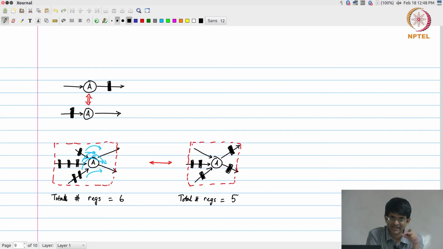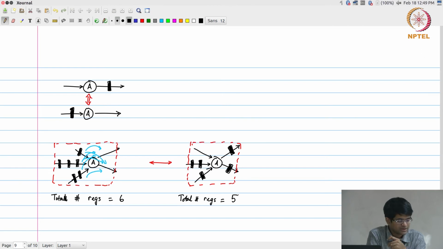Why did this happen? Because I had 3 input edges, 2 output edges. So, when I moved a set of registers from the input side to the output side, the required number of registers reduced. I have only 2 output edges. You could potentially make use of this. Let us say that your critical path was no longer your concern, right. You are operating at a stage where speed is taken care of, you are anyway able to meet your speed. Why would you then want to do a retiming of this sort? You can reduce the number of registers, which in turn could translate possibly into a reduction in hardware and therefore